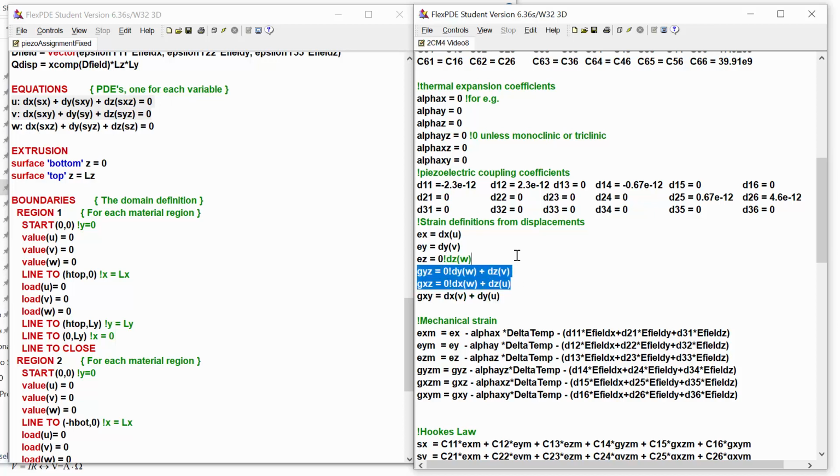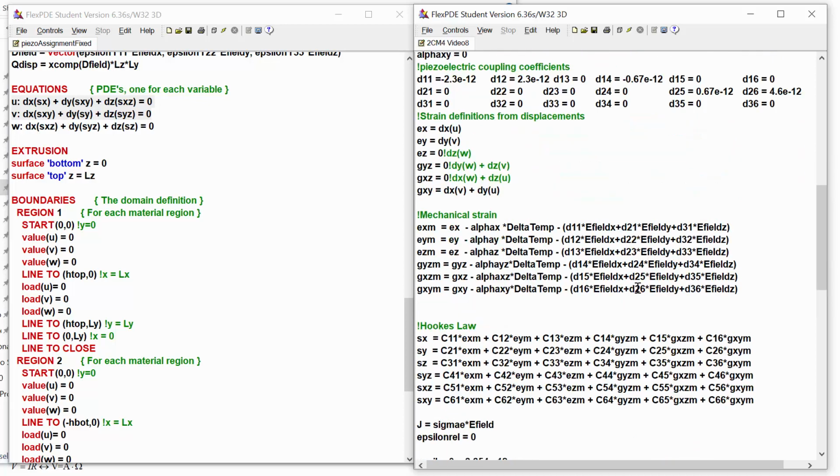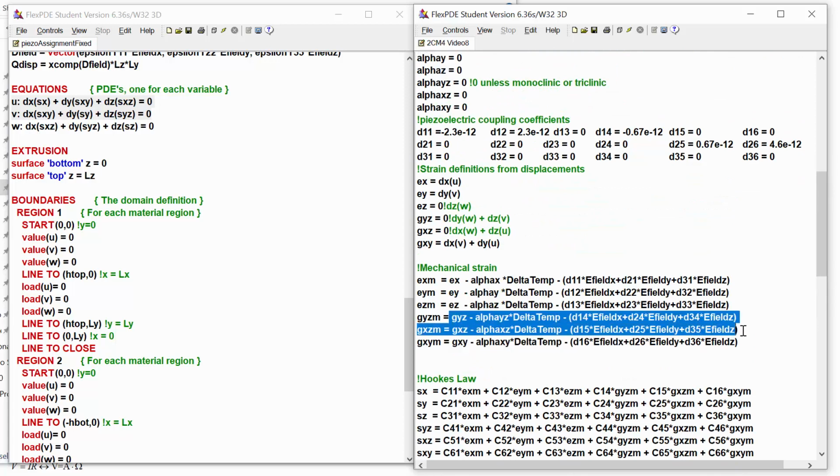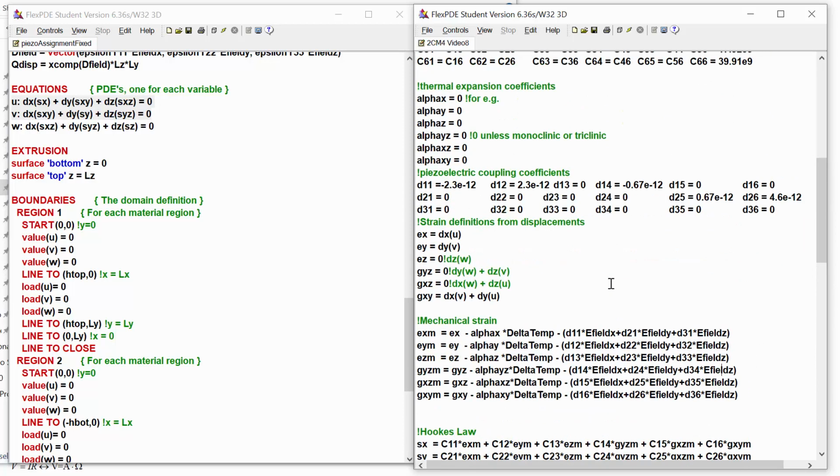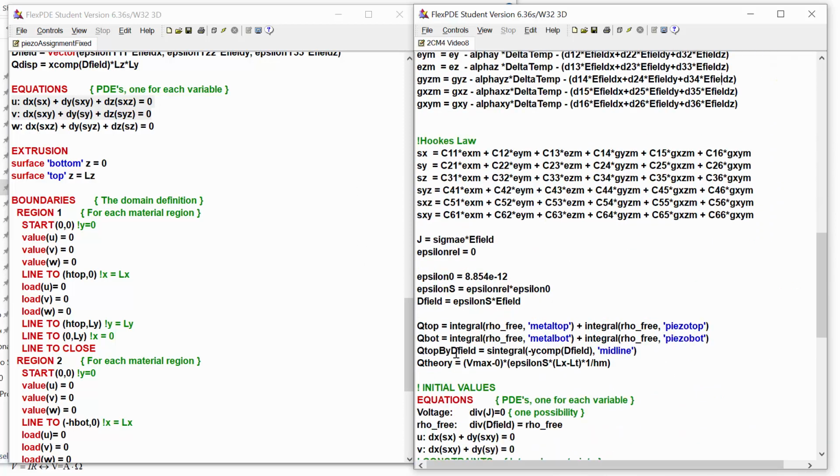These things that involve these z derivatives, nothing can change in z, so we'll set those equal to 0, and that should make them, along with E field Z being 0, have no effect on the